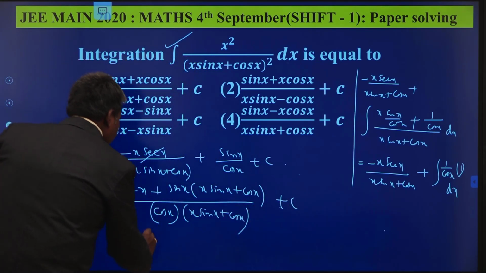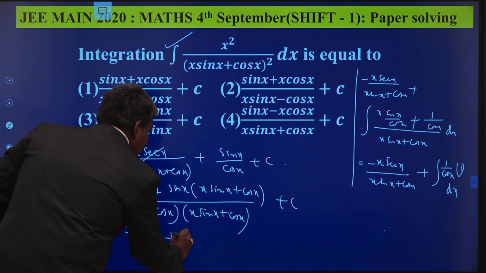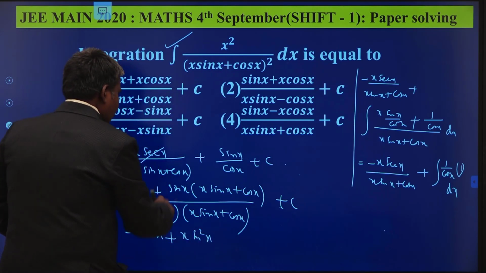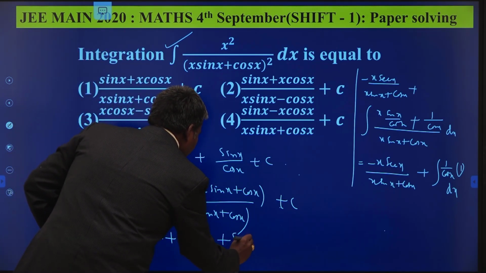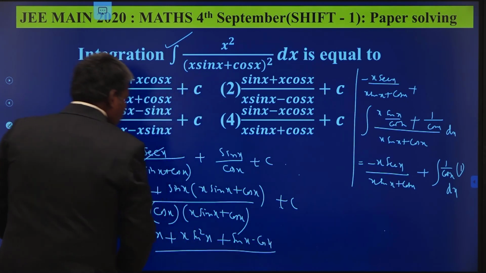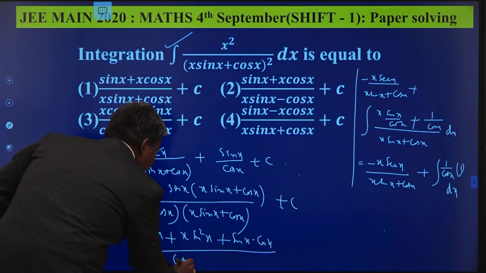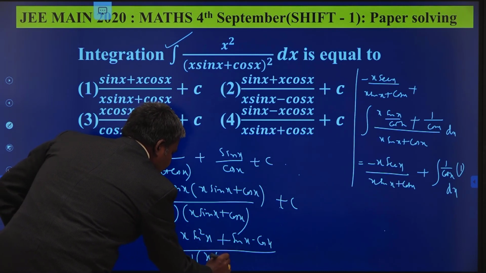That is minus x plus x sin square x plus sin x into cos x whole divided by cos x into x sin x plus cos x